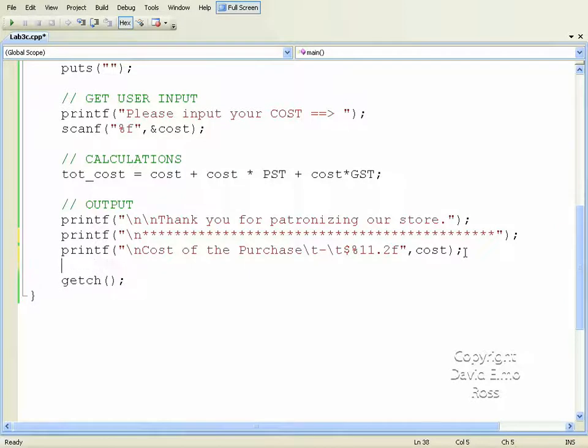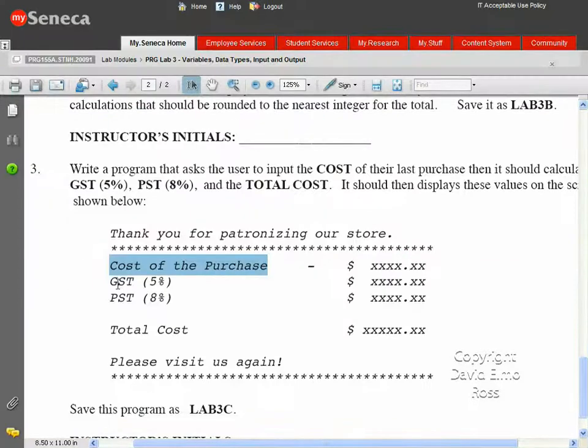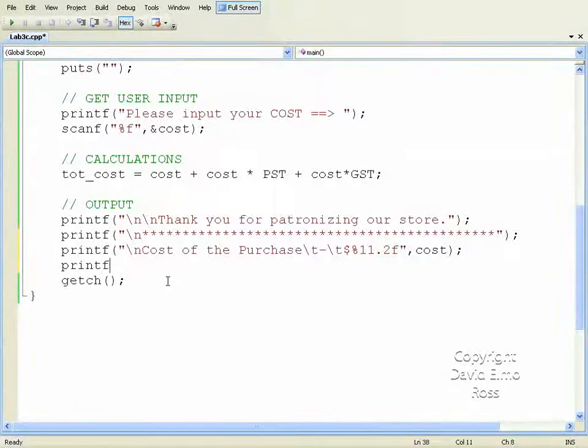So that's the first thing we're going to do. Let's go back and see what the next line of stuff is going to be. And GST. Now GST, let's do that because we're not going to use any spaces here. We're going to use tabs to make sure everything lines up. So printf. We're going to have to go to a new line, so it's \n. Now to get a single percent, as we saw before, and this is tricky, you're going to have to make sure you put a double percent. Now here's where we're going to guess. I'm going to do \t, \t, \t. Let's try 3. Then let's put in a dollar sign and put %11.2f, quote, comma,